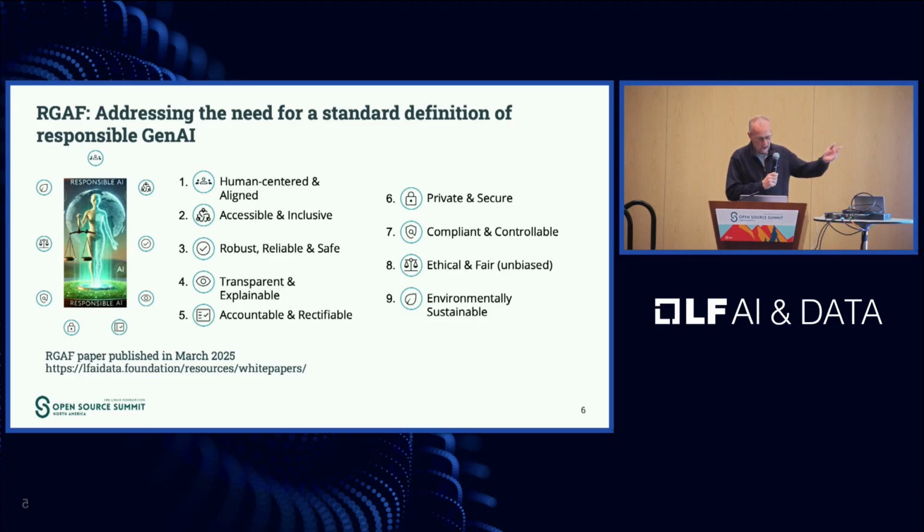You see the list here. I'm not going through the list completely, but you can see the kind of topics we have been focusing on. The system needs to be helpful for humankind, right? So this is the first thing, that it needs to be centered around the human. It needs to be accessible and inclusive. We don't want AI to be used to segregate certain people, certain races, and so on. There is some aspect which just simply has to do with being safe, secured, and so on. Again, transparent and explainable is a very important aspect. Accountability and rectifiable is also important, and so on.